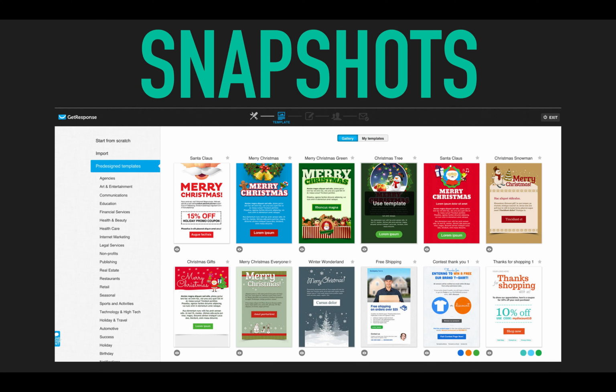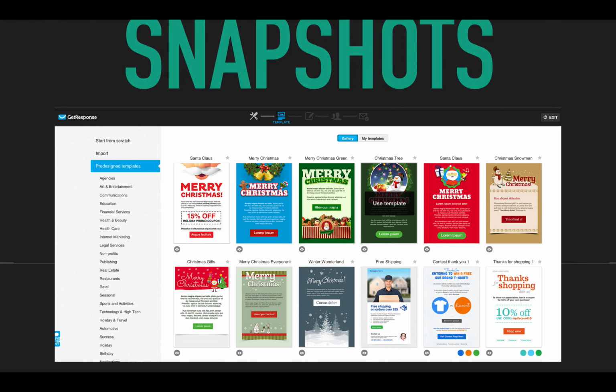The other thing is, here's the different templates, like I said. So the templates also keep changing. As I'm recording this, it's the Christmas and New Year season, so there's a lot of promotion. You can just pick any of these templates and send it out. So you have different categories, as you can see there, and you can choose whatever templates that you want.